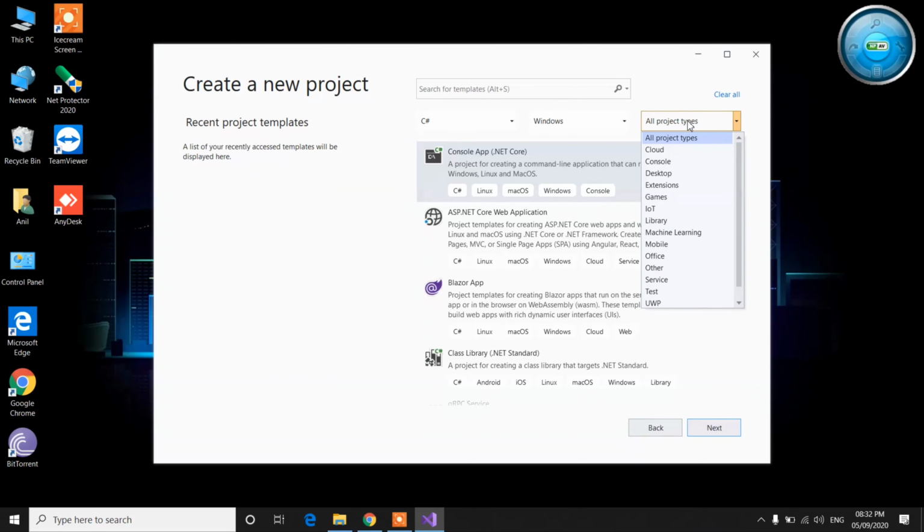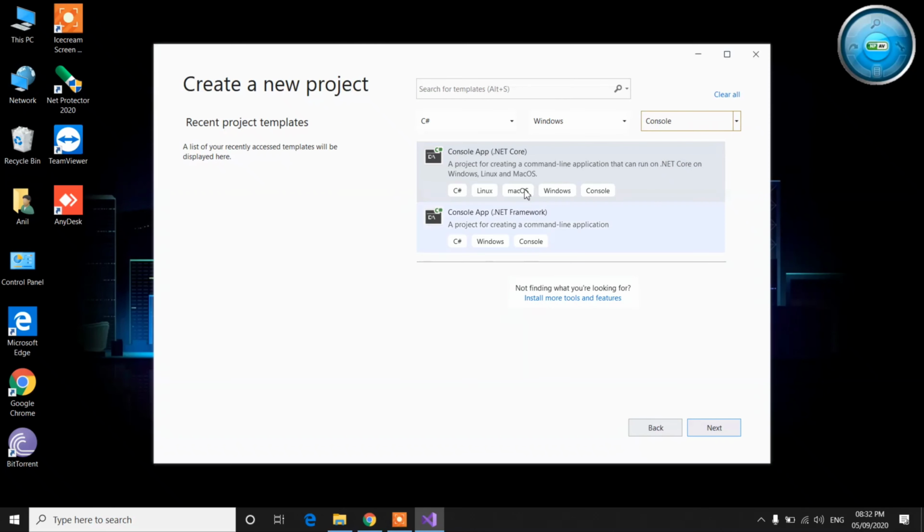What project type are we going to select here? If you want the web, you can select web, or if you want to work with desktop applications, you can select desktop. For now I just want to show the hello world message, so I am clicking project type as console. Based on the filters, two templates are displayed here. The first one is for .NET Core and the second is for .NET Framework. So I am using the .NET Framework. Select next.